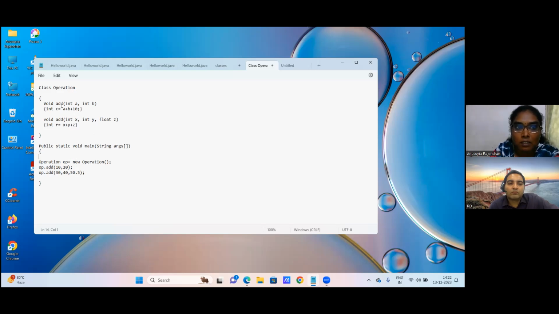I have one method with two parameters passed as arguments, and I have another method with three parameters passed as arguments, with the parameters being int and float. So based upon the number of arguments, first I'm calling the method addition add